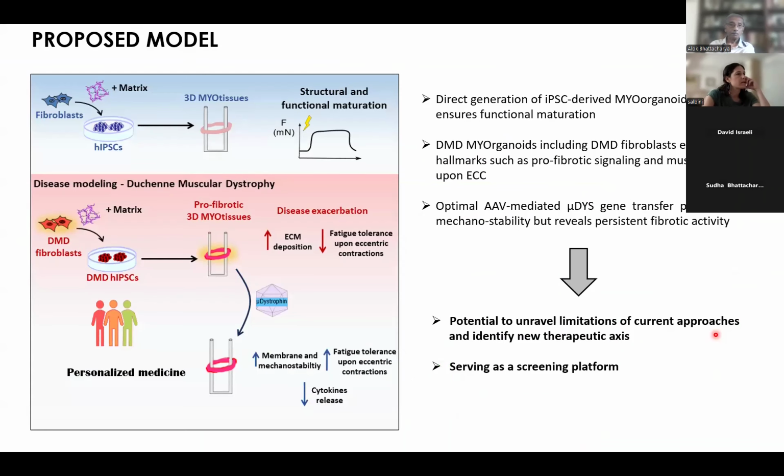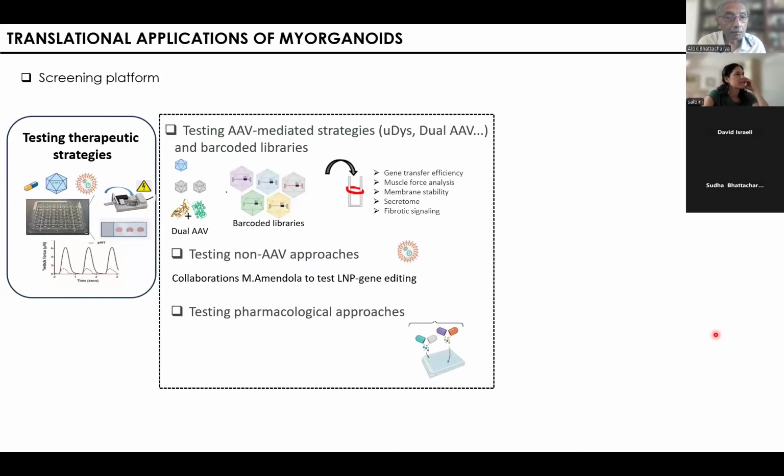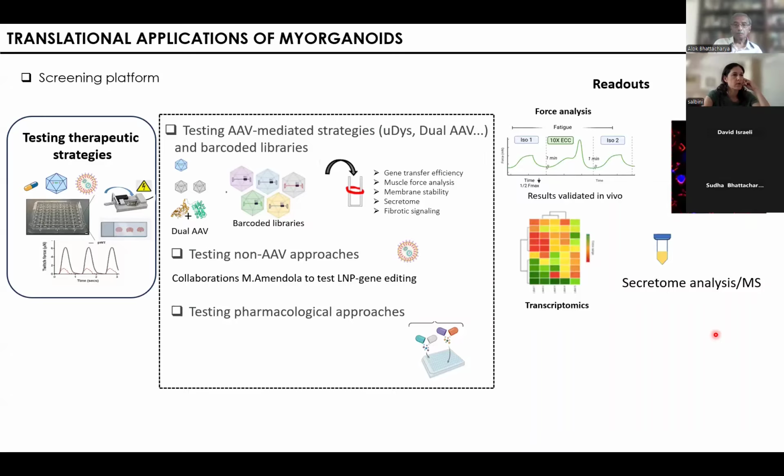So basically, this model shows that we can replicate hallmarks of DMD, and we can therefore use it for gene therapy screening, with the potential to unravel limitations of current approaches, besides serving as a screening platform. Here are just some applications that we do in the lab. We use this as a screening platform to test, for example, AAV-mediated strategies. So not only gene therapy, but also, for example, lentiviral, LNP strategies, or pharmacological approaches. So this system can be suitable also for other kinds of delivery systems,